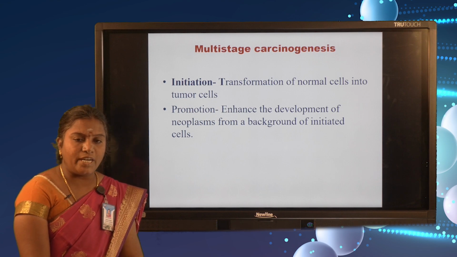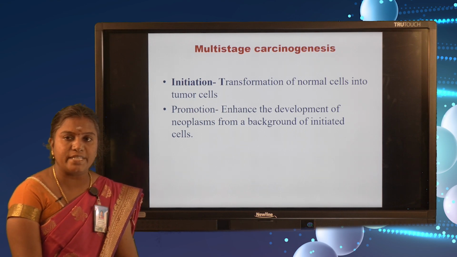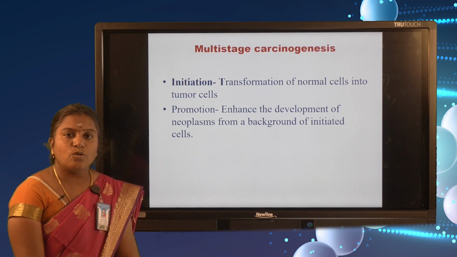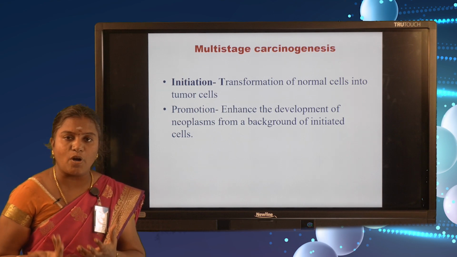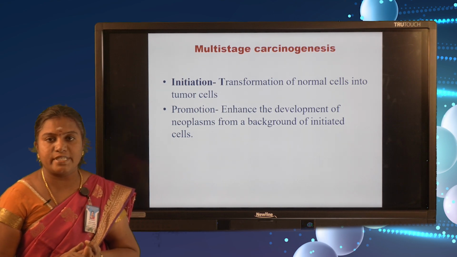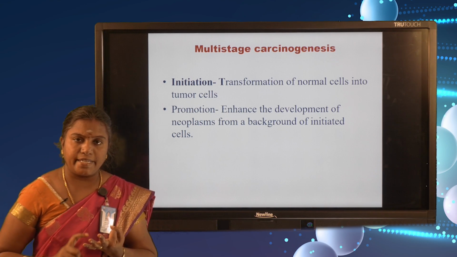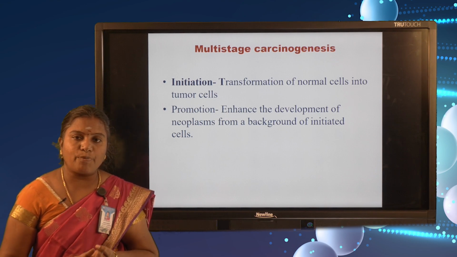So there are different types of cancers in the human population in the world. The first is the pre-neoplastic changes of the tumor, which convert to malignant conditions. Three stages of tumorigenesis will occur: first is initiation, then promotion, and progression.